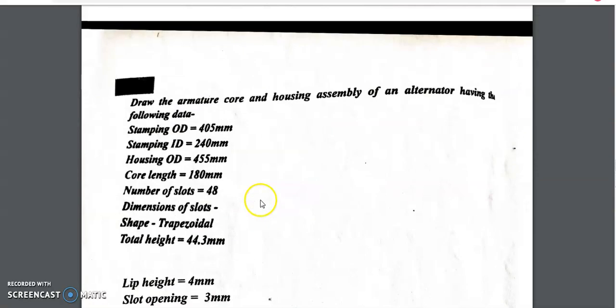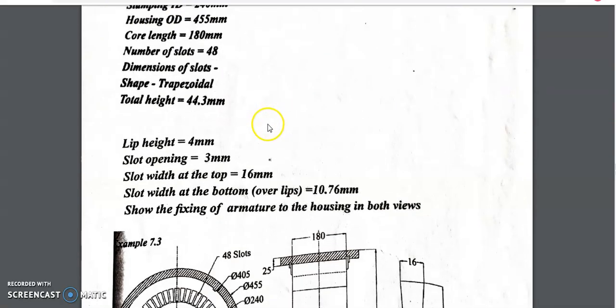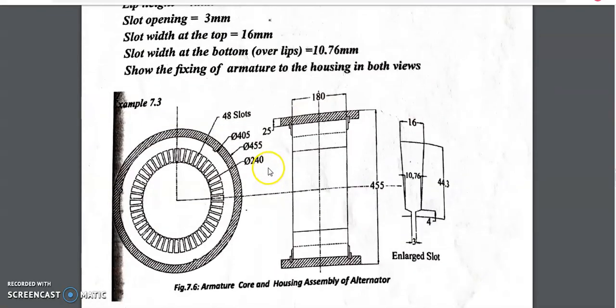And one more thing, if they ask for the armature core housing assembly, the end view also you have done. If they ask for the front view, just extend these lines. The same thing, this is an extension of this. Extend these lines. The width they will give, mark that. Then you can do a different pattern of hatch. But one thing, whatever you are doing on the top, the same thing should be on the bottom. Clear? Hope it is clear. So one thing you have to assume is, missing data can be suitably assumed, and all other things are fine.